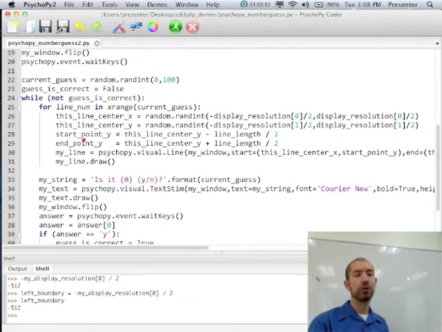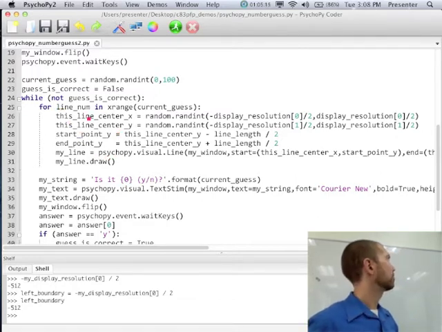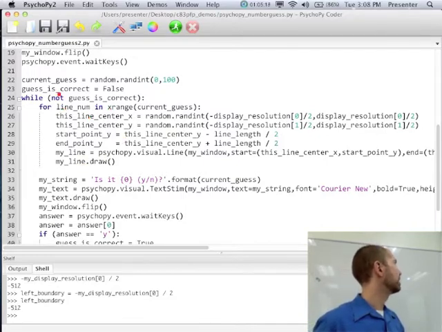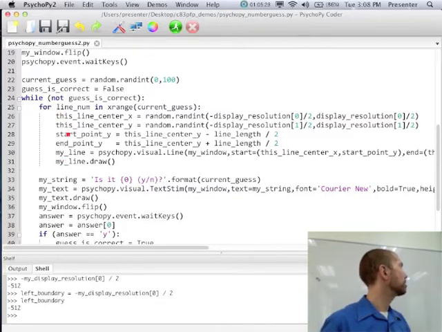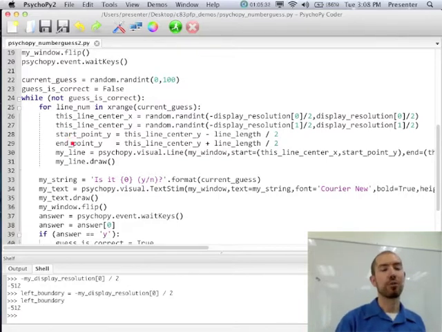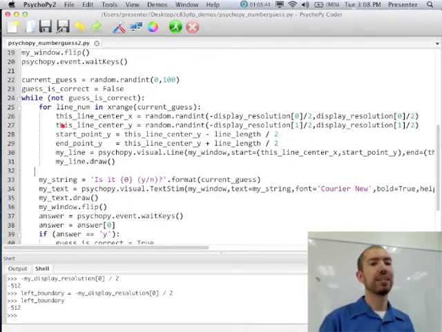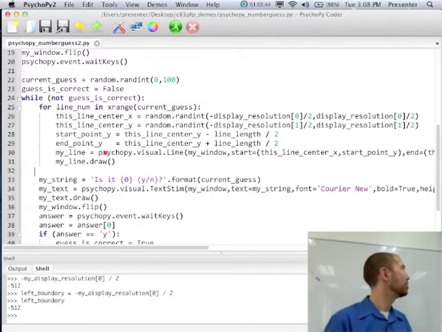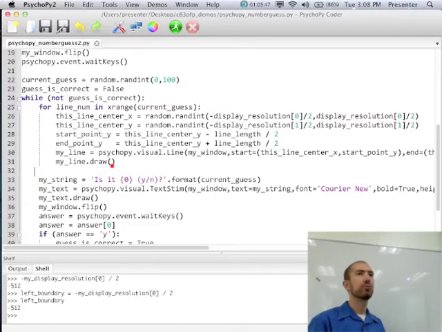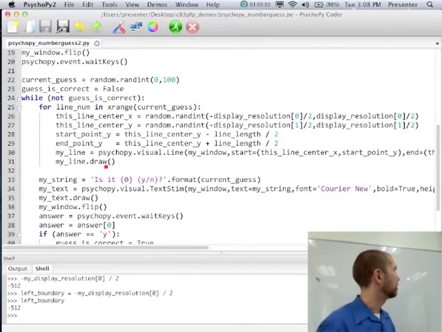Okay, so that's what we have to do in the for loop, right? So we don't have to do this 12 times or 22 times or however many times, because this series of commands is going to happen however many times our current guess is. So in theory, for every line, it should pick a new random location. It should figure out its start point and end point. It should create a new line object and tell that line object to draw itself. And then after that, we don't really care about what happens to this line object, which is why next time through, we give the name myLine to a new line object and tell that one to draw itself, right? Because once the line is drawn, we can just let it go away to wherever dead lines go.